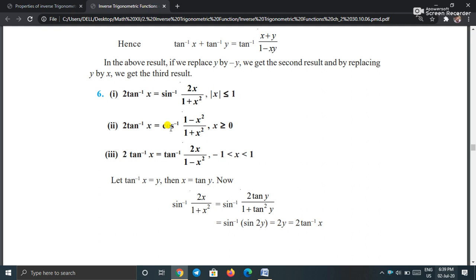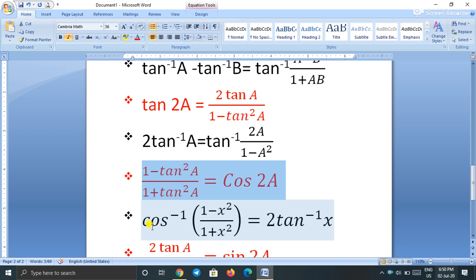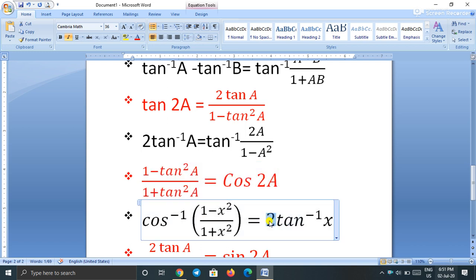Let us see. In circular trigonometric function, you have studied this formula 1 minus tan square a upon 1 plus tan square a is equal to cos 2a. Now this formula becomes cos inverse 1 minus x square upon 1 plus x square. In place of tan square, it is equal to x square. See, x square. And cos 2a means this 2. So here this is 2, and we are dealing with the inverse function, so it is equal to tan inverse